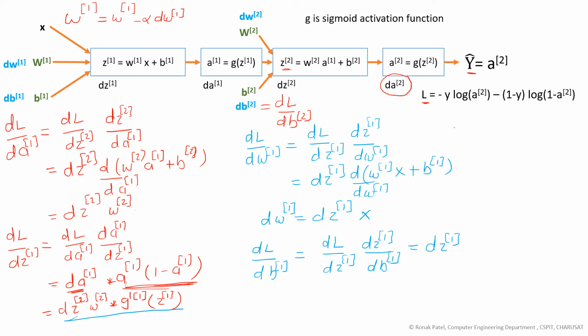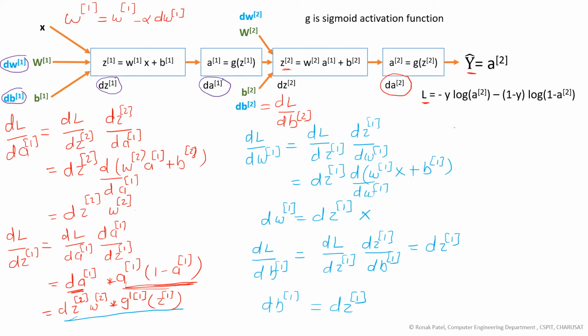dZ1 multiply 1, that will be dZ1 only, right? So for dB1, what we'll get? We'll get dZ1, right? So this way we have calculated the derivative for different terms, right? We have calculated this dB1, we have calculated dW1, this dZ1,